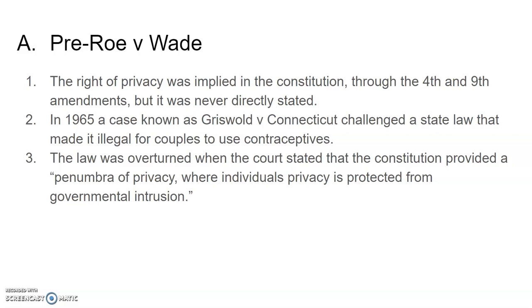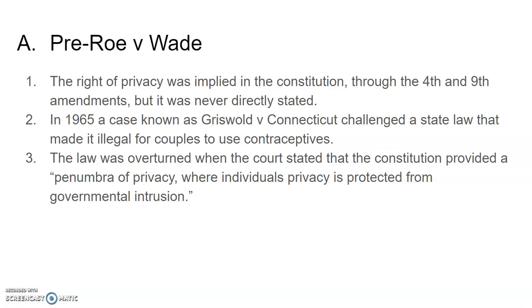And this right of privacy came to fruition in a 1965 case known as Griswold versus Connecticut. The Planned Parenthood Association in Connecticut was challenging a law that was on the books. It wasn't really enforced, but they were challenging the notion, setting the wheels in motion for a larger case to get at this idea of the right to privacy. They were challenging a law that made it illegal for couples to use contraceptives.